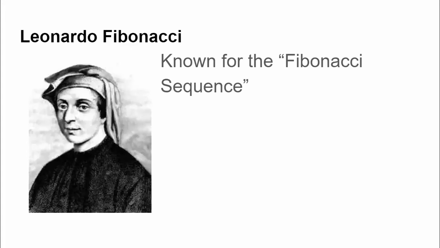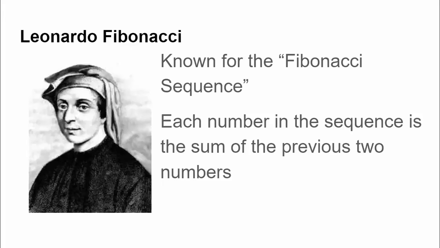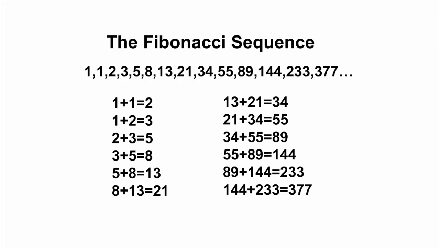One famous way of generating random numbers, and I say random in quotation marks, is the Fibonacci sequence, where you take two numbers and you add them together to get a new number. And then you add that new number with the previous number to get a new number, and you just repeat that to generate a series of numbers. So the rule for Fibonacci numbers is each number in the sequence is the sum of the previous two numbers. It's real easy to understand if you look at it.